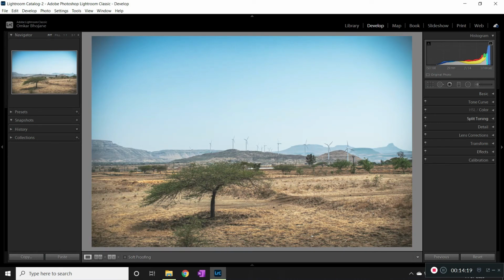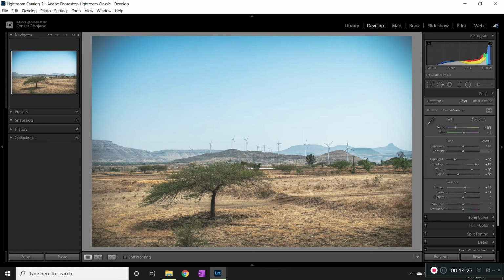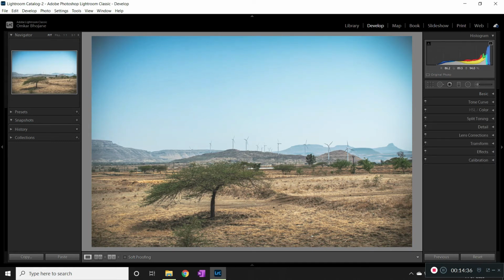And I think I'll go to the basics tab and reduce highlights a bit more. Say 84. And I'll also reduce the vignette effect. I'll keep it at -21.